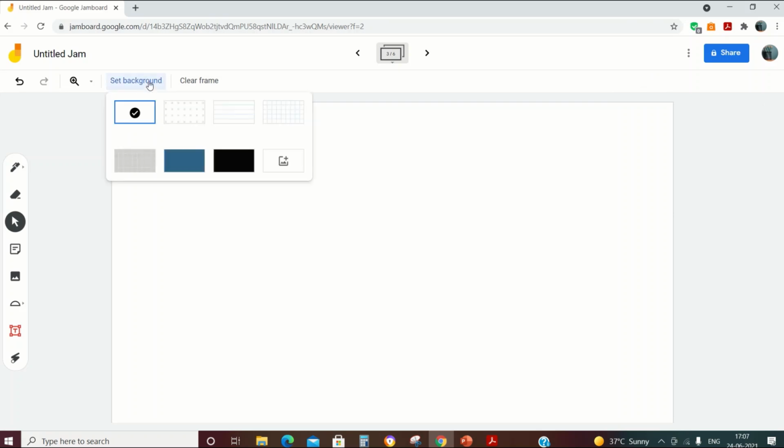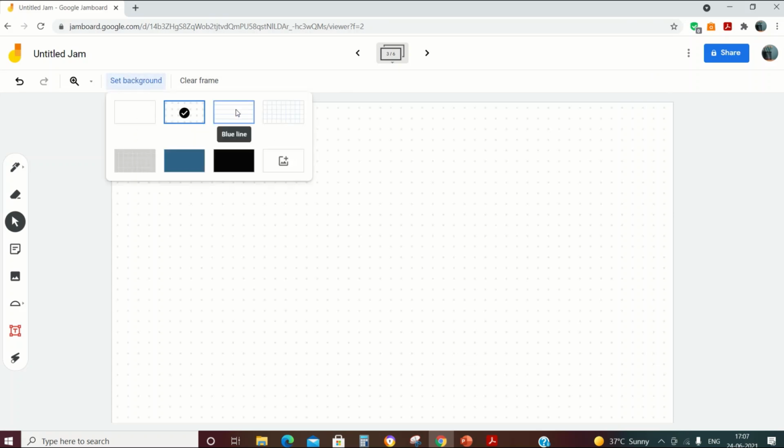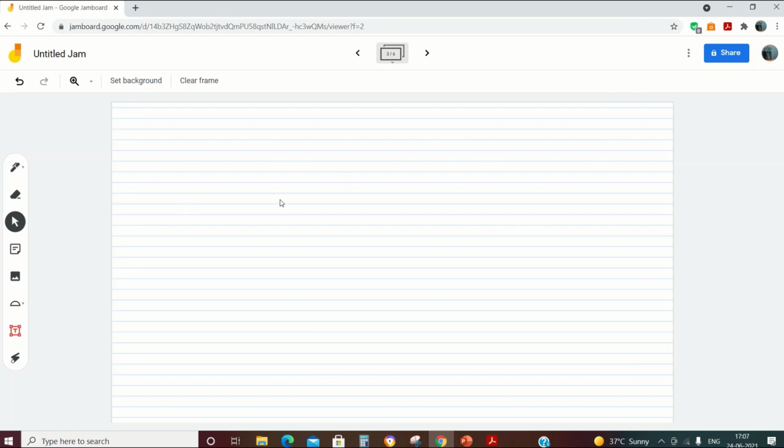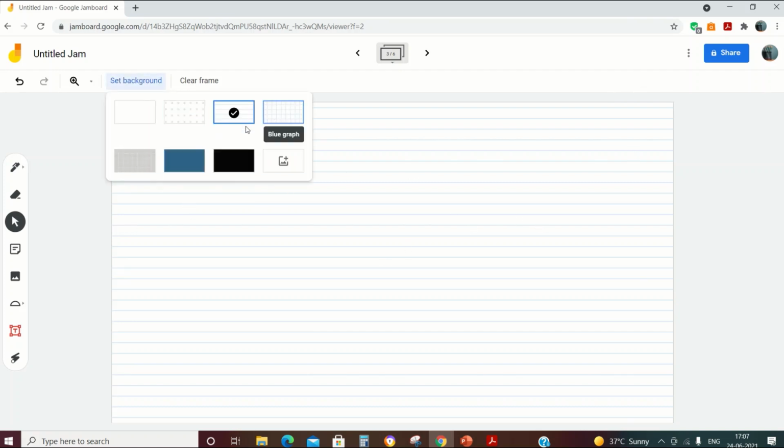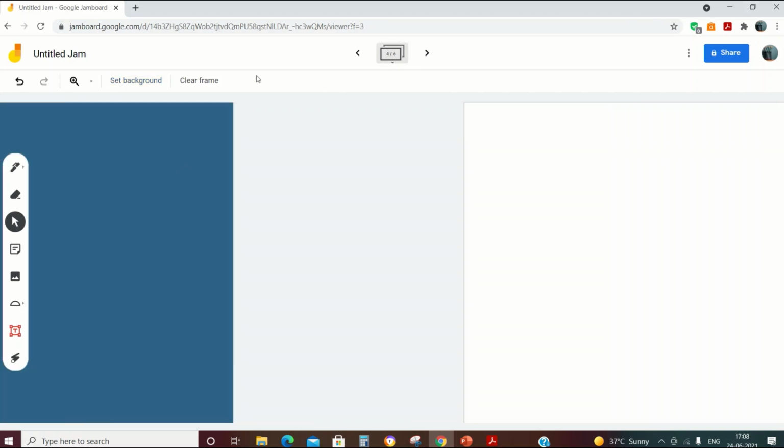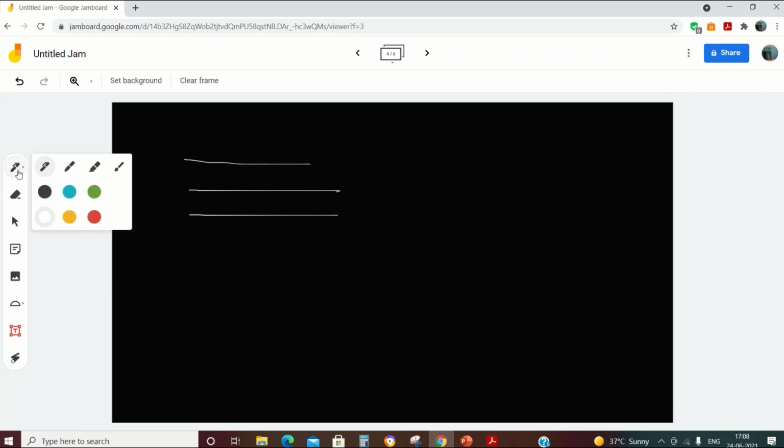So we can go to the set background option where you will see different boards. If you want to see that as a notebook page, you can choose this frame. And you see another color here. I can choose another black background here. When we are using a black background, make sure we are using the white pen option, so that whatever we are writing there will be clear. Because on black, any other color doesn't look good. For students, it will be difficult to see. So I prefer white color on the blackboard, so it gives that blackboard and chalk effect also.